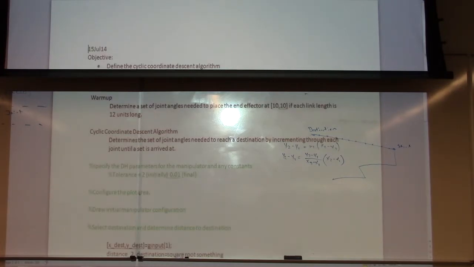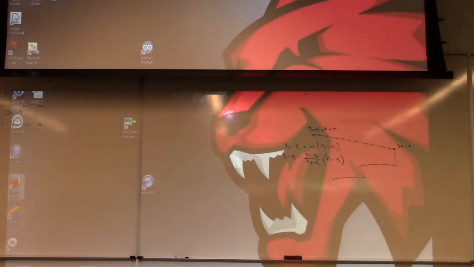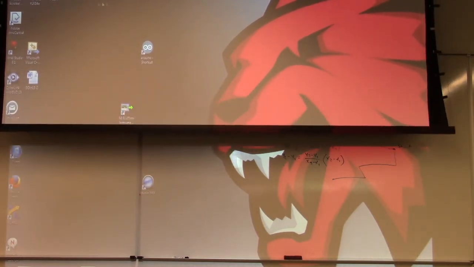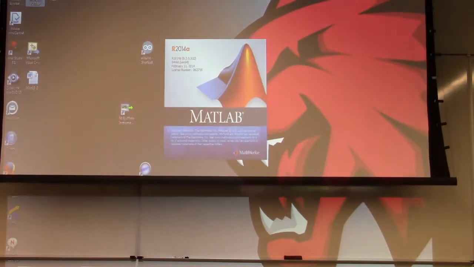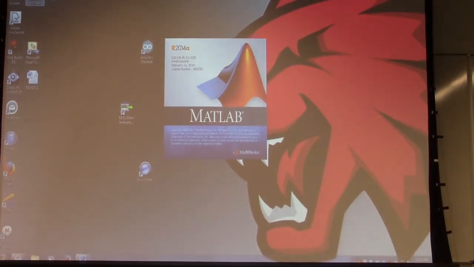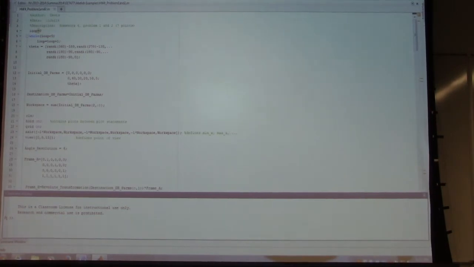So with that then, let's go in and talk about the speed of our algorithm. And I should have had that one open already. This is going to adversely affect my speed. Okay, so I have